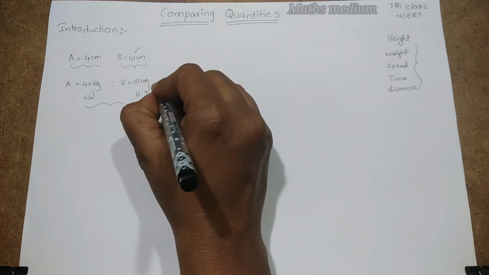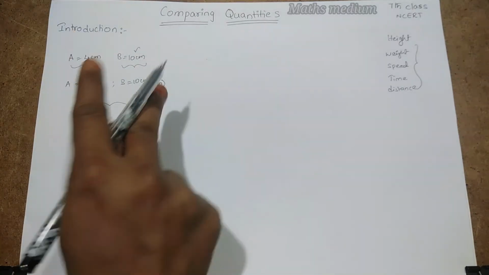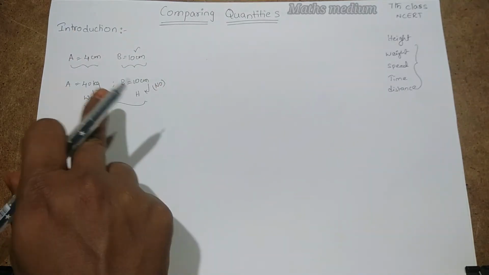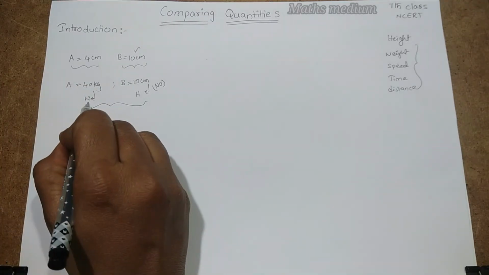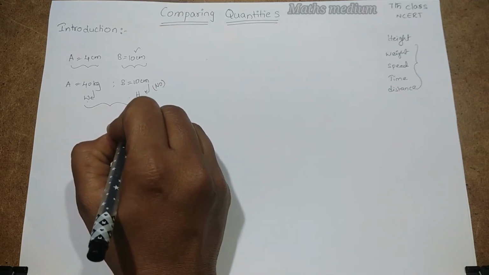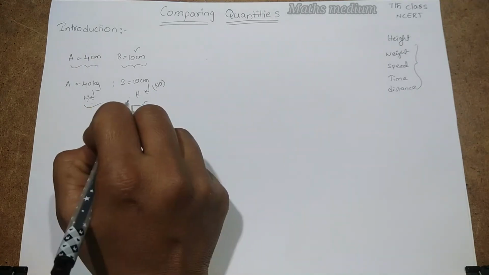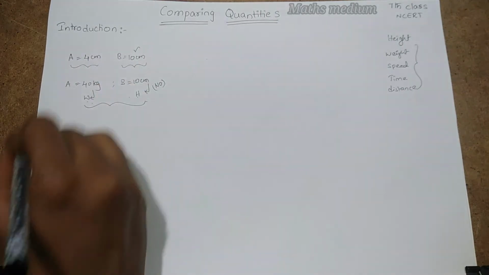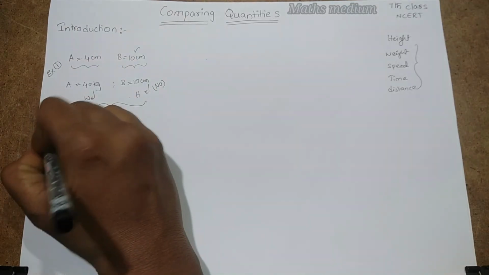No, we cannot find that with the help of the weight and height of two separate persons, because to compare any quantity, either A must have weight and similarly B must also have weight. Here we have the height of B and the weight of A, so we cannot compare these two quantities. This is example 1. Next, take another example, example 2.